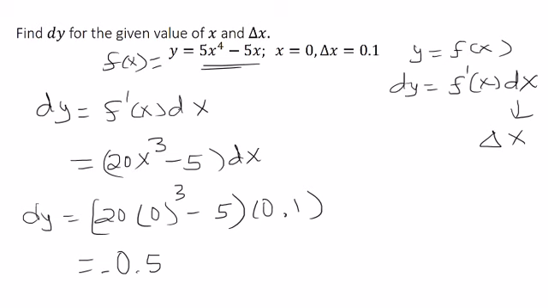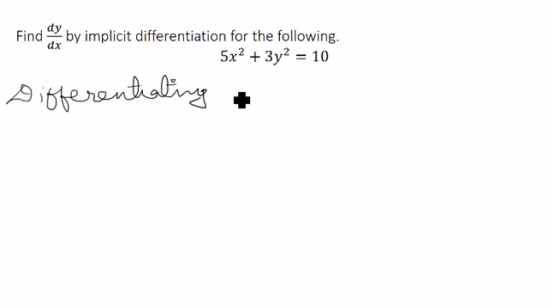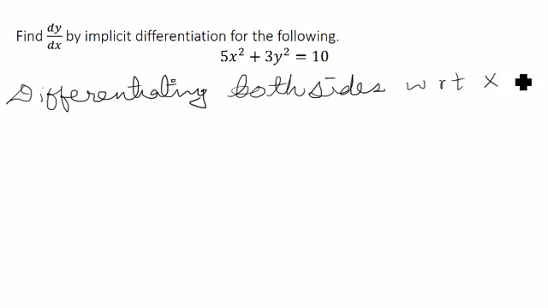Alright, next question we have is to find dy/dx by implicit differentiation for the following function. And the function is 5x squared plus 3y squared equals 10. So differentiating this function implicitly, meaning differentiating both sides with respect to x in this case. So let's just write that, differentiating both sides with respect to x. We get,